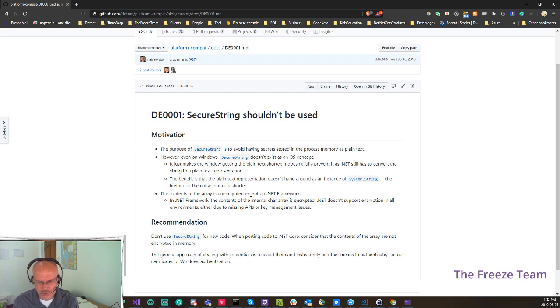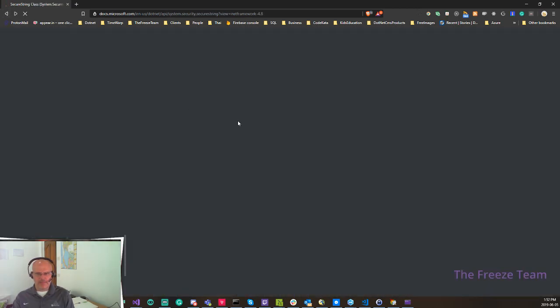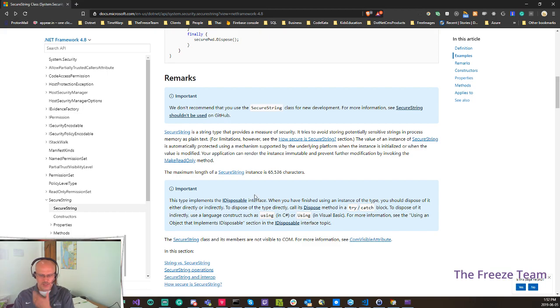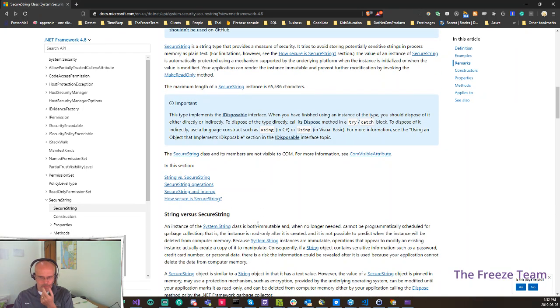The general approach of dealing with credentials is to avoid them and instead rely on other means to authenticate, such as certificates or Windows authentication. Well, yeah, but that's not what we're doing here. So I don't understand exactly that. And for the purpose of the SecureString, I don't see why this is a problem. But